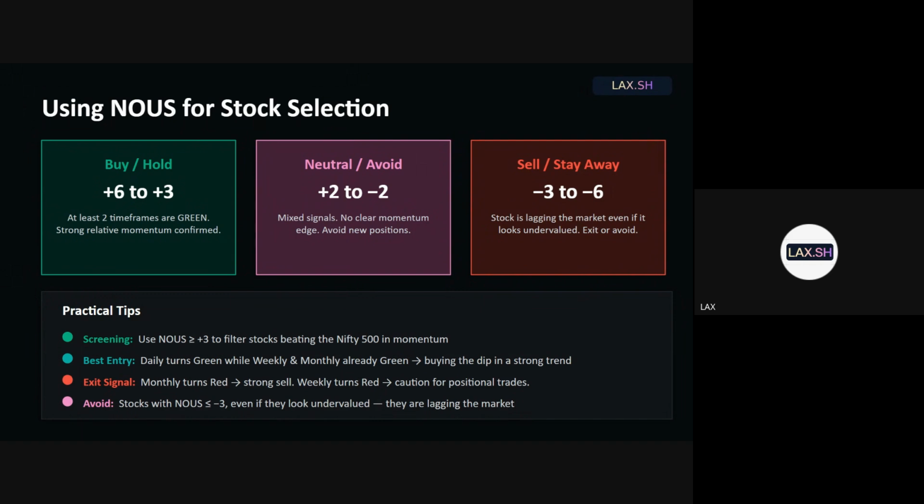You'll be buying a little higher, but you'll be sure that you're not buying 8 duds, right? Because at Ranji level, you'll be putting money on 10 players, 2 will turn out Dravid and Ganguly, 8 will fail. But if you wait, you'll be buying a little higher, but you'll be buying Dravid and Ganguly, right? Even though you might buy somebody else also who debuted for India but did not do well after that. So that is also possible, but the hit ratio will become much better, right? So that is the broad idea behind waiting for news to turn green, not simply looking at undervalued. You have done all the research in the world. But if a stock is truly great, why can't you wait for it to turn technically good?